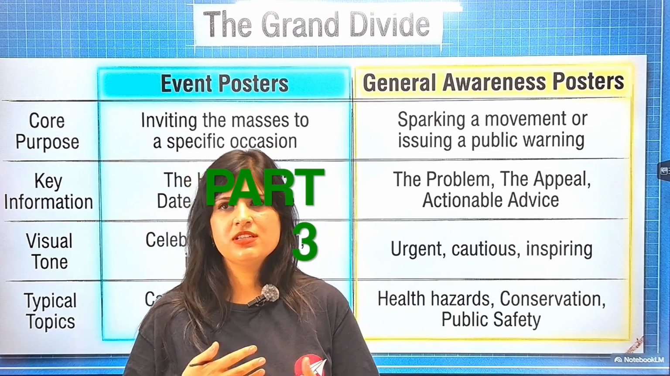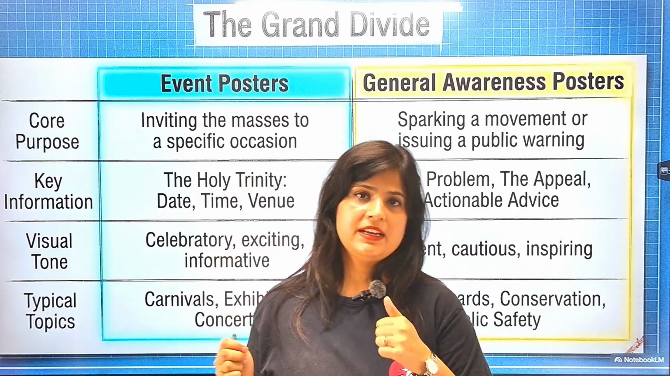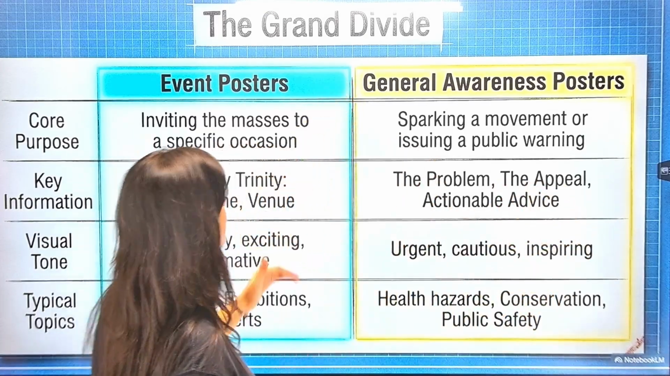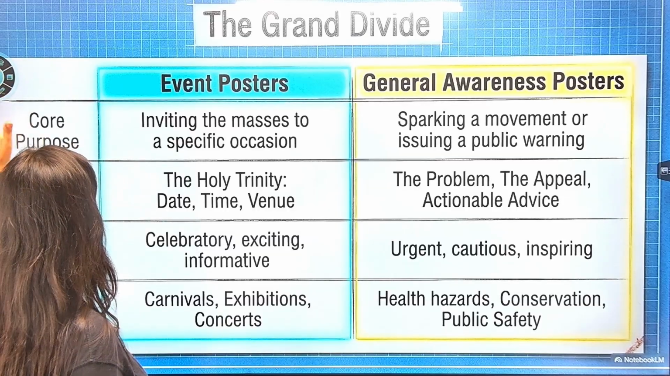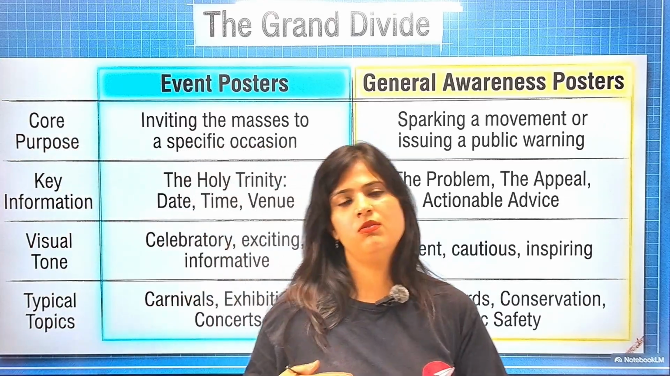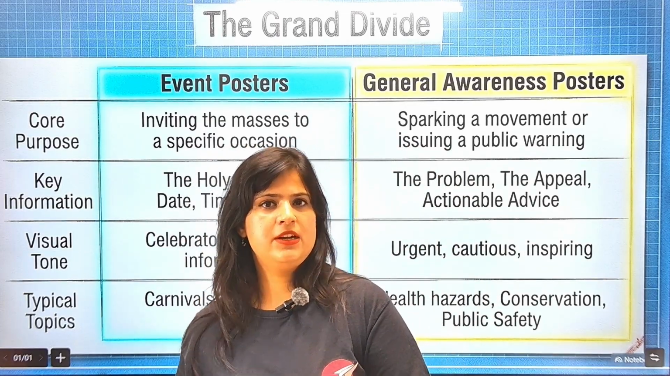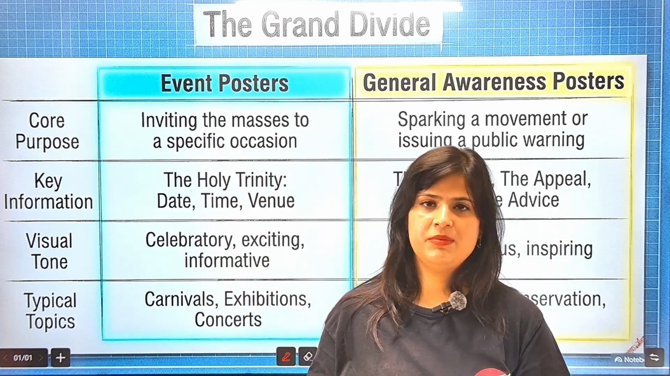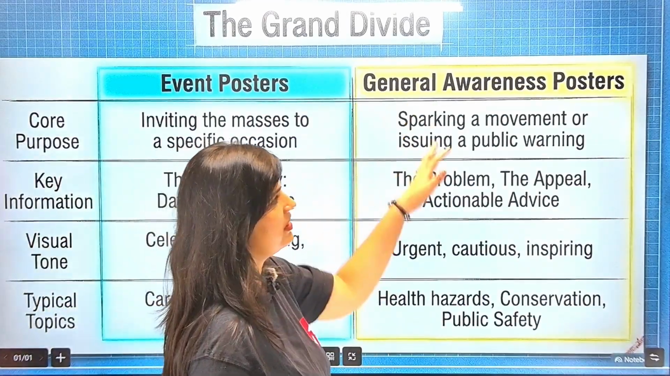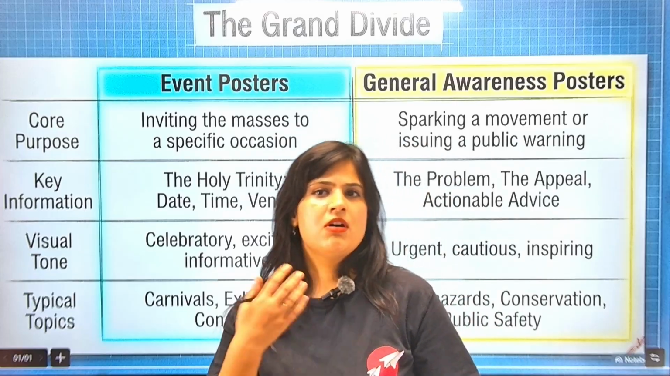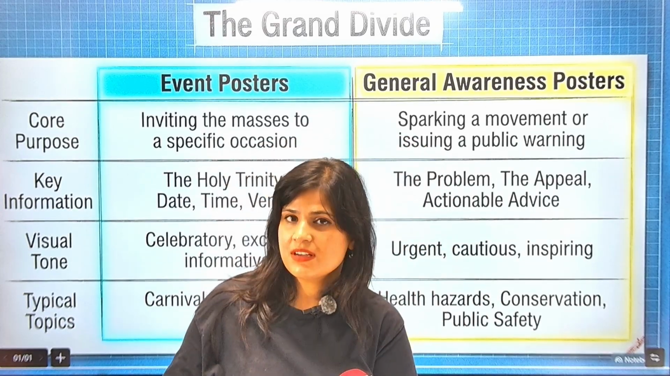Generally, the students are not able to identify these types separately, but these are very separate types, right? So the first type is definitely the event posters, wherein you are asking the people who are reading the poster to attend an event, to attend some campaign, to attend some inauguration, celebration, whatsoever it is. Whereas the other type of poster is the general awareness posters, wherein you are not asking the audience to come somewhere,